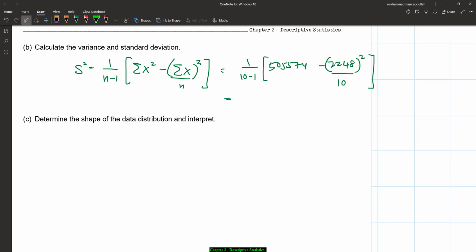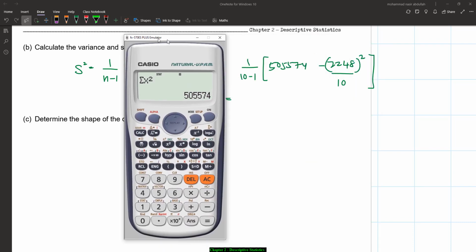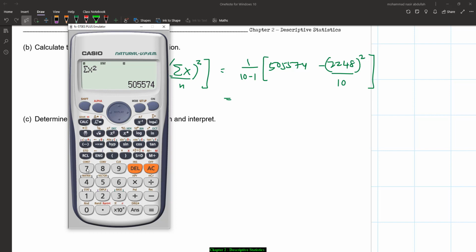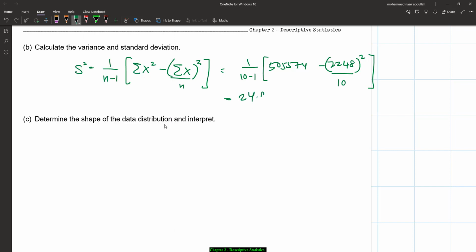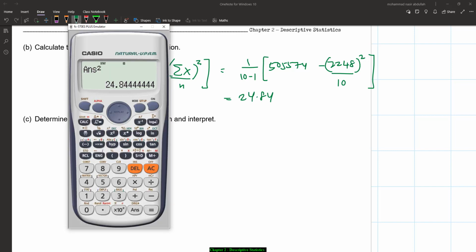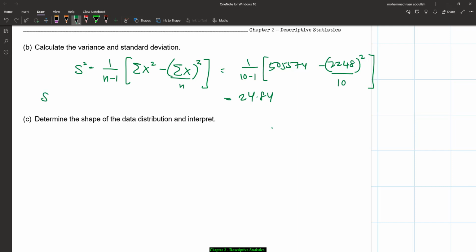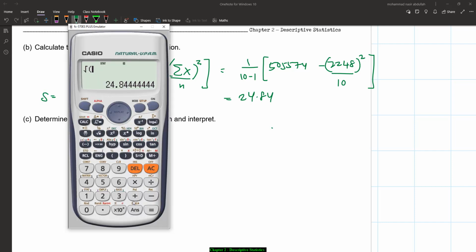So you input the value into the calculator, or if you don't want to input, you just press shift 1, press 4, number 4 for s square, and you will get the value of standard deviation. But this is not the value of variance, right? So you need to square this one. It should be equal to 24.84. Is it? Yes. So the standard deviation should be the square root of the answer,